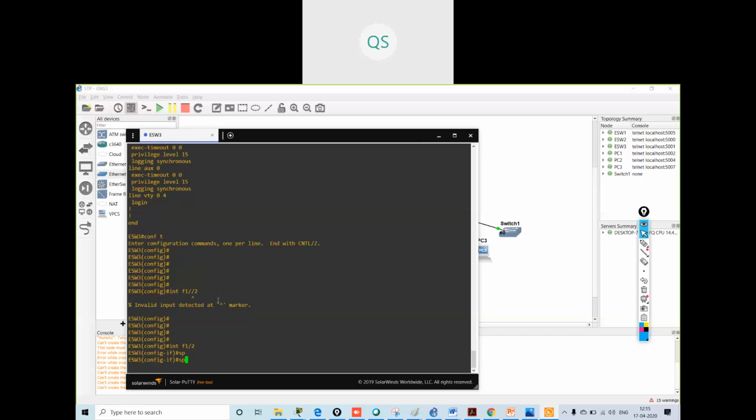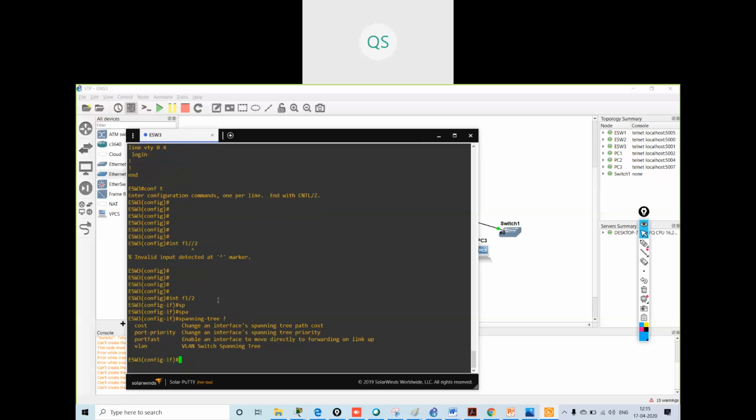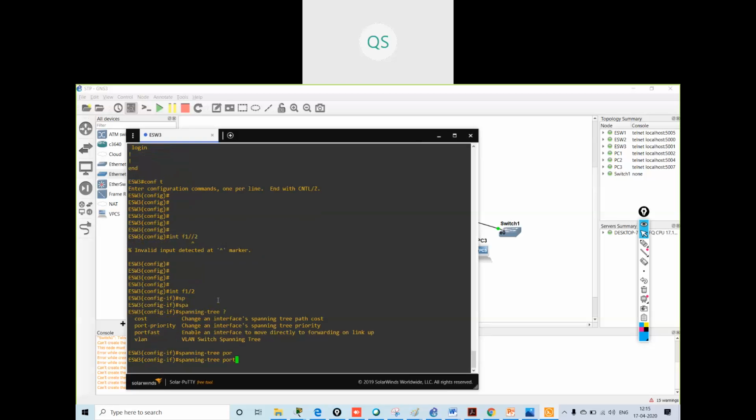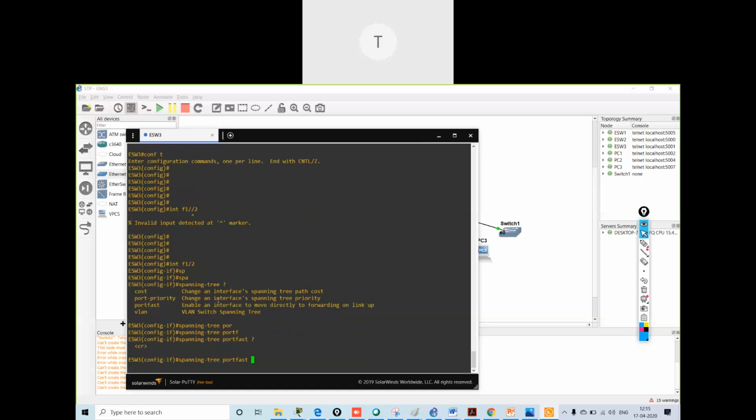Spanning tree portfast, then again question mark. No. The command is spanning-tree bpduguard. There is no portfast in it.